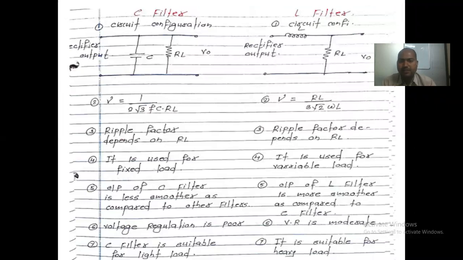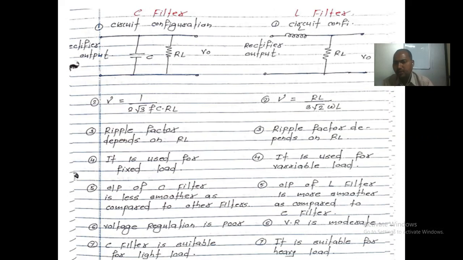C filter and L filter. Okay, C filter indicates the capacitor type of filter. Now see, we discussed one of the questions that could be asked in the MCQ type of exam. In the exam, ripple with respect to ripple factor, right? What do you mean by ripple factor? I explained that initially. Then we see the C and L type of filter. Ripple indicates the unwanted noise which comes at the output of your rectifier, that is called ripple.